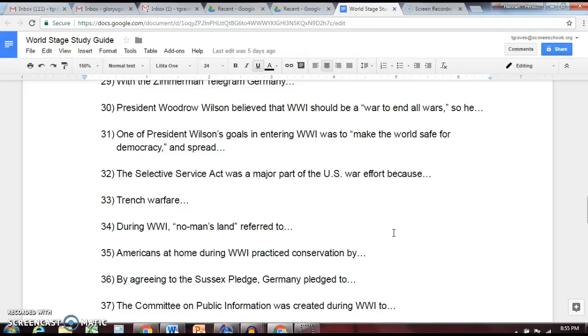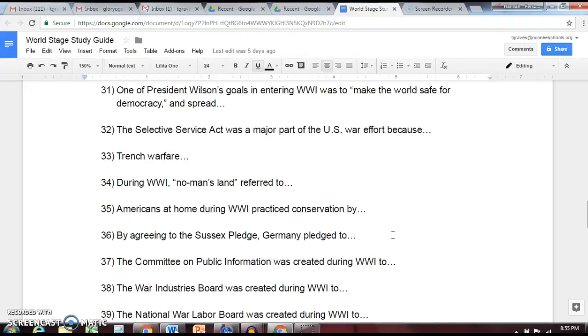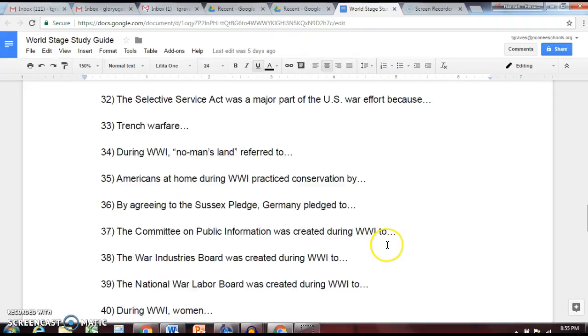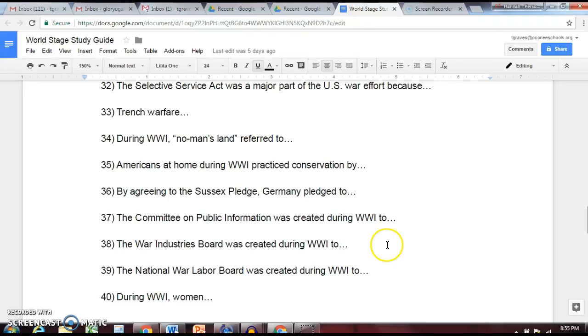Number 36, by agreeing to the Sussex Pledge, Germany pledged to not fire on American ships in the ocean, since America was neutral. They didn't live up to that, but this was an agreement after the sinking of Lusitania. Number 37, the Committee on Public Information was created during World War I to send out propaganda to get Americans to support World War I. Number 38, the War Industries Board was created during World War I to make sure that all the supplies soldiers needed were produced in the country. Number 39, the National War Labor Board was created during World War I to make sure the labor